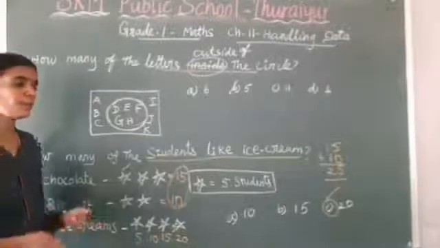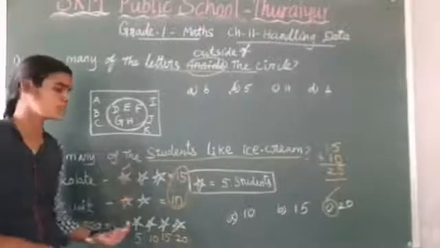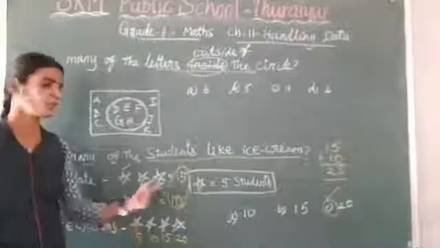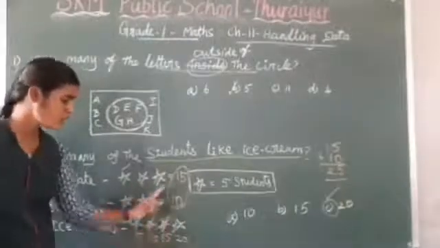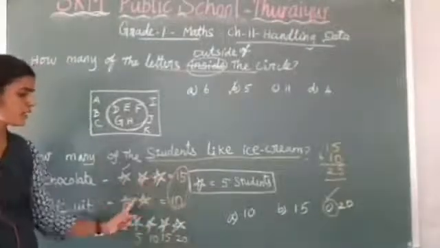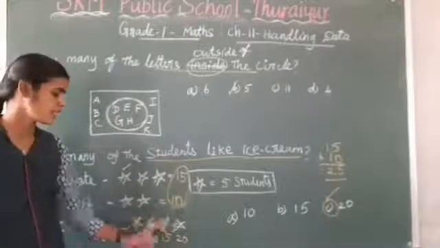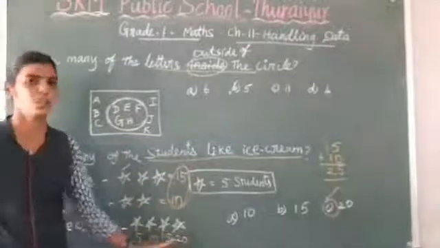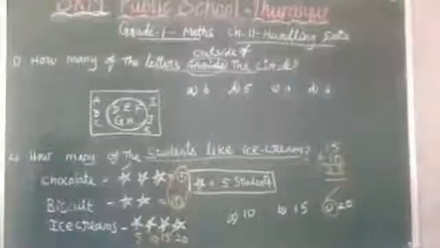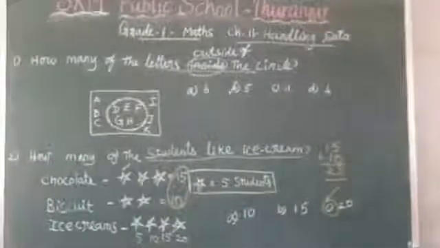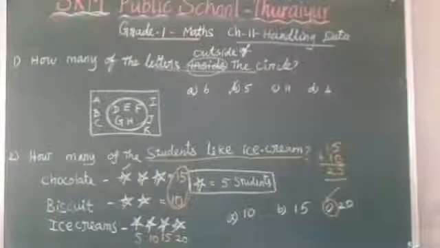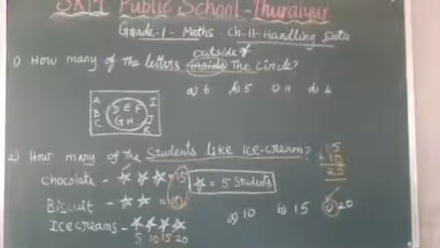So there are many possibilities for asking the question in different ways. First you have to find out how many. Each star has 5, so 15, 2 stars 10, 4 stars 20. Then you have to find out the answer. Then we are going to see the third question. That is also a different one. We will see.